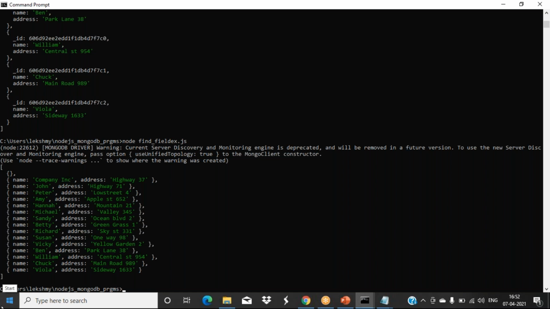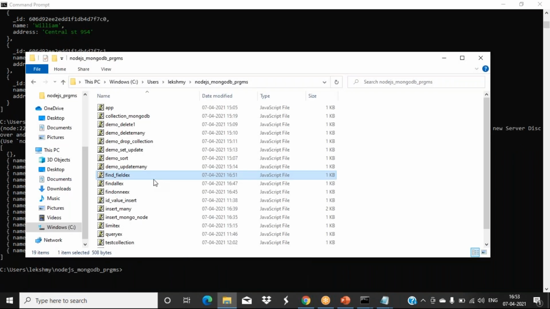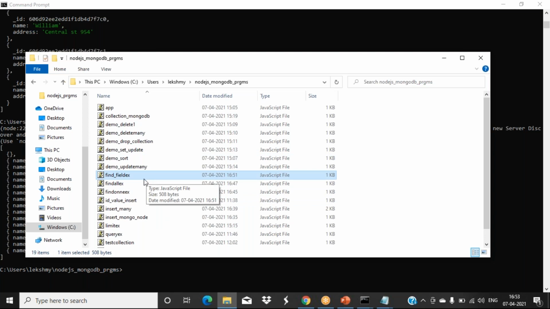But while showing, there is no need to show the id values, so we have given id as 0 there. Like this, property-wise also we can retrieve the content. For the find function, if you specify that projection, it will show only the specified fields. Field is nothing but this kind of property. Okay, any doubt? Okay, so this is what we have done, finding only.